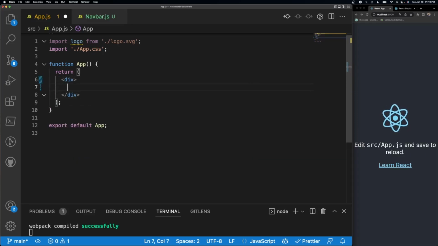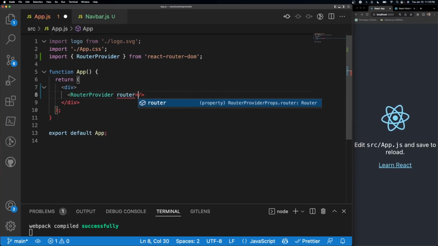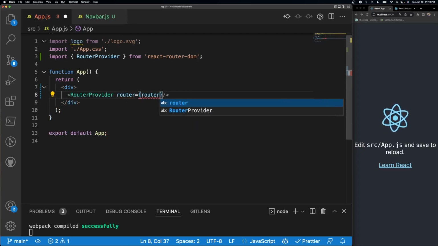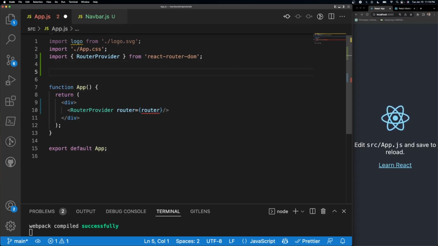And inside of this div, I'm going to put something called a RouterProvider. Now this is new. This has been released in version 6.62, if I'm not mistaken. And inside of here, it takes a parameter called router, which we're going to create right now. And the way that this works is you can think of this in previous versions as your BrowserRouter. So in previous versions you would use BrowserRouter, and then you would use Routes to associate each thing to their routes. Now we have RouterProvider, and then inside of there we're going to provide something called